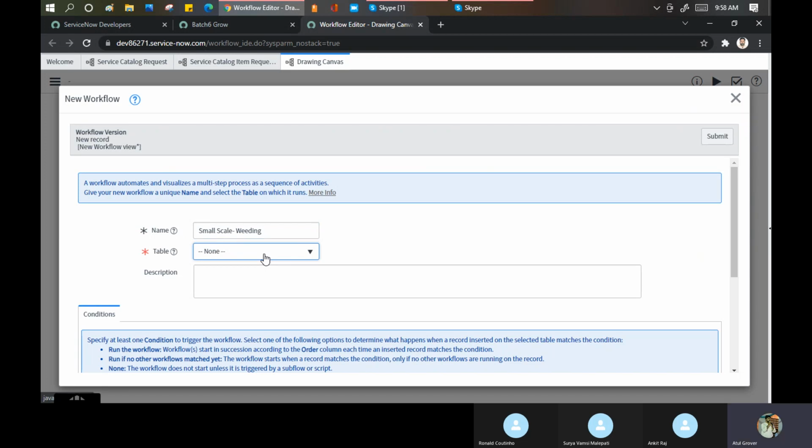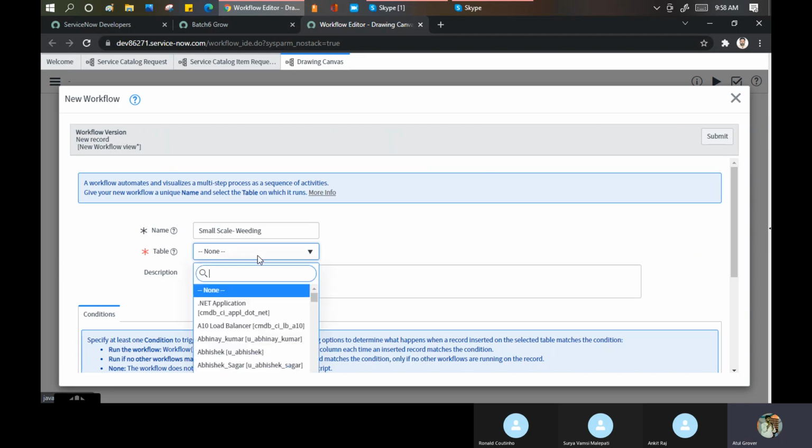Sorry guys, this screen is little. No, it's fine. So I'll put the RITM level here. Now the question comes, Atul, I am new to ServiceNow. How should I remember these things? This comes from experience. But if we use the Flow Designer, this thing is also not required. So what is the RITM table? sc_req_item. Please come. So this one.